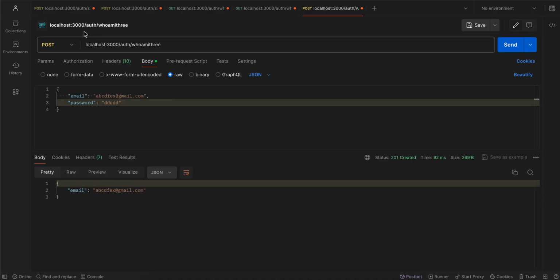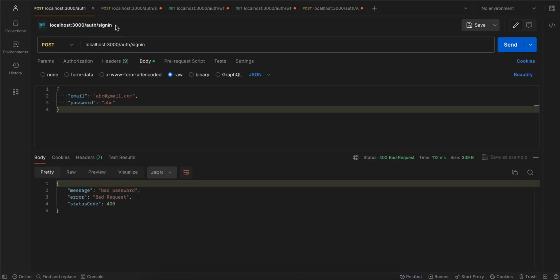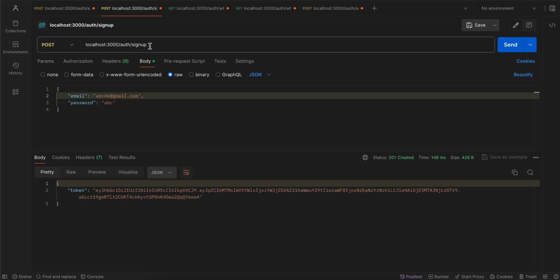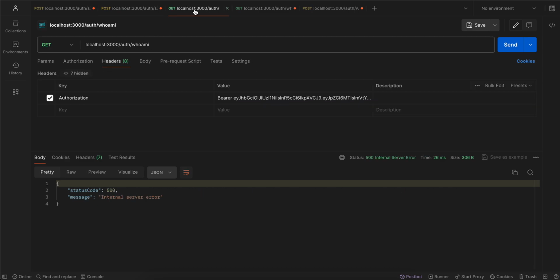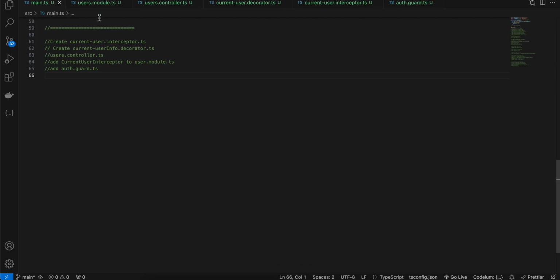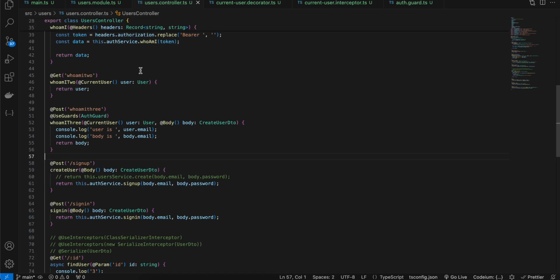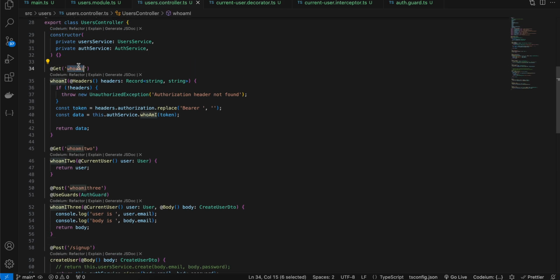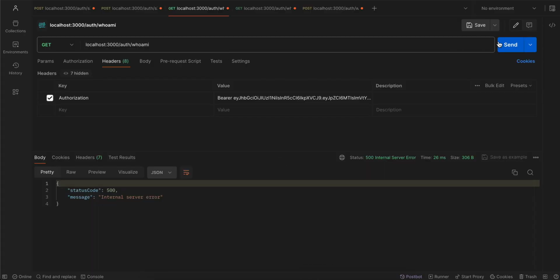So as you know, we had created this sign in and sign up API, but we don't want to protect this sign in and sign up API because any user can use this API. Now if you remember, I had one Who Am I API as well. In case you forgot, I'll just show you that as well. So I have this Who Am I API and it takes a header. From that header it extracts the token, and with the help of the token it decides who the user is, right? So if I try to run it, here you can see